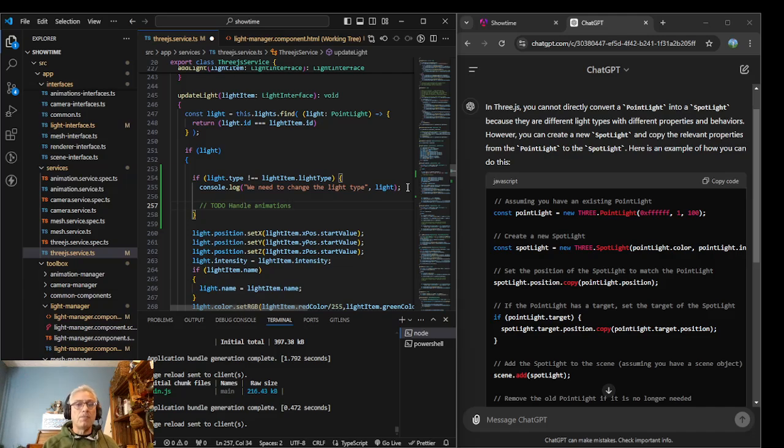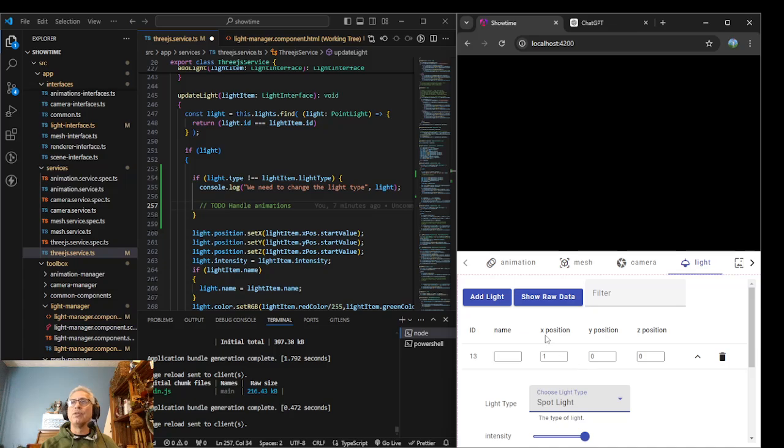Okay, so step one will be to actually delete the old light from the scene and from the list. And we have to make sure we do both of those, or we'll end up with a memory leak, because those lights will live forever as long as there's a reference to them. So we have to make sure we delete it in both places, and then we need to go back to the form and add the new